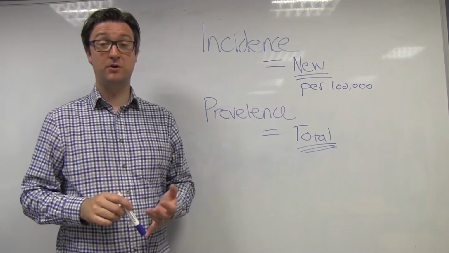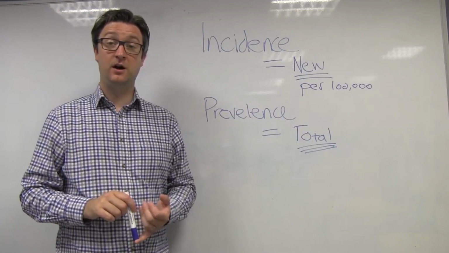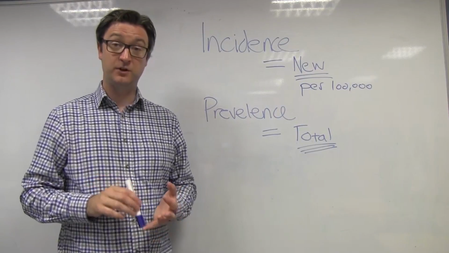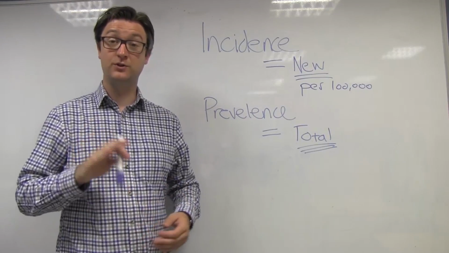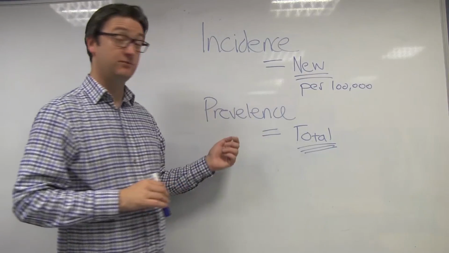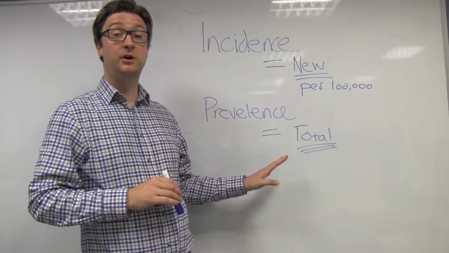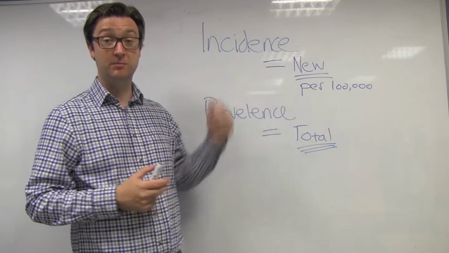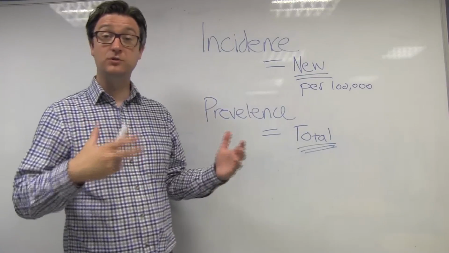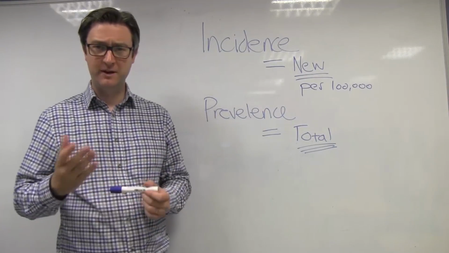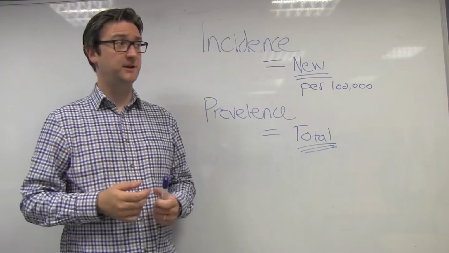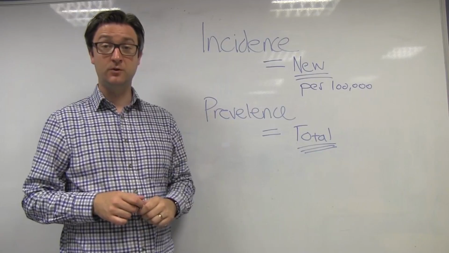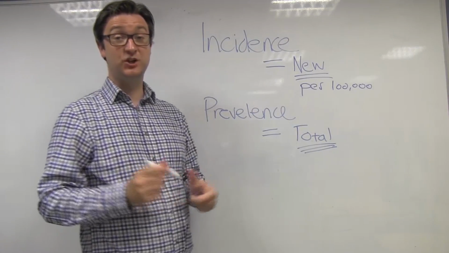Now, incidence is going to be important for us when we talk a little bit about pneumothorax and its diagnosis, because we're going to be using the incidence rate, not the prevalence rate. So the prevalence rate is essentially the total number of people with that disease within a population, and this will encompass some of the new cases as well, but also people who are living with that disease. Now, depending on what disease you're wanting to diagnose will depend upon which of these two terms you move on to use. Okay, so if you're looking at something that is essentially acute,